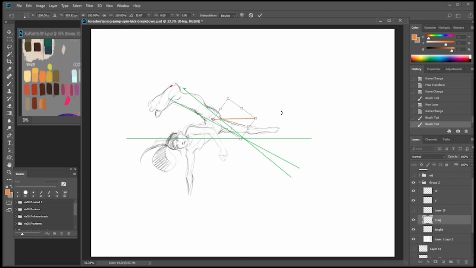Just a bit. Long. Wait. A bit longer. Probably should be longer than that, the legs, because that leg is going back into space, and yeah, it should